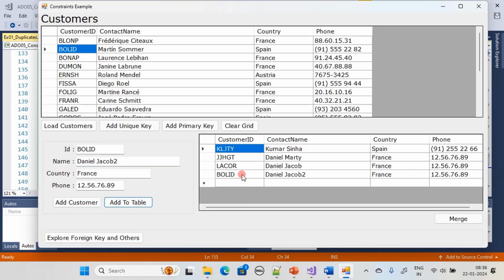So this bullet is the duplicate here, and let's see how it is performing the merge,